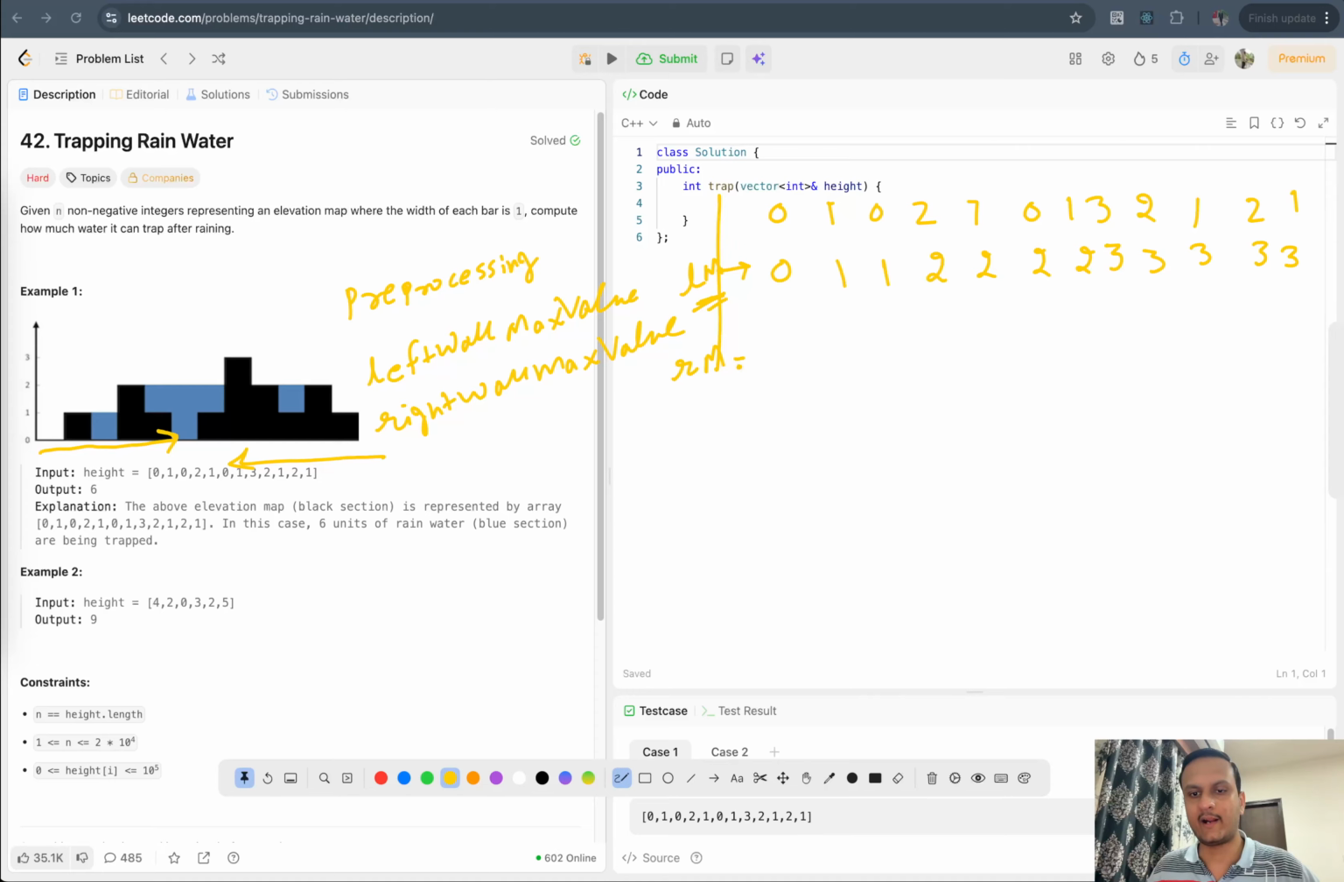Similarly we will track right wall height, what is the maximum we have seen, and to track this we have to traverse the array from behind to front. So we will traverse something like 1, then we have seen 2, maximum 2, 2 comma 2, maximum 2, here it becomes 3, maximum we have seen 3, then it will be 3 all the way. So after this pre-processing step we have one array which is called left max,